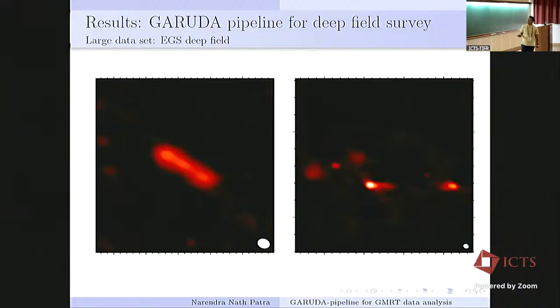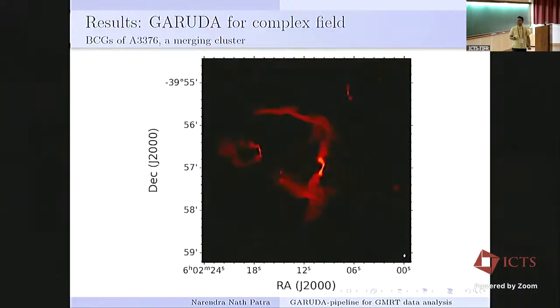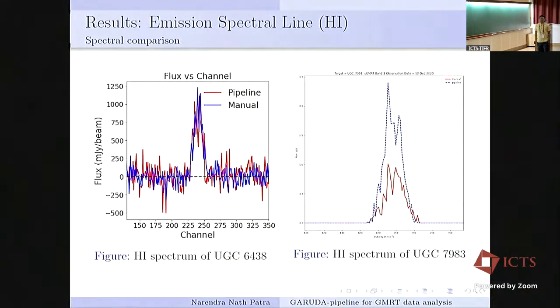I have also imaged one of Abhinav's fields. This is the Abell 3376 field, which is a bit complicated. This is a merging cluster. As you can see, there are 2 BCGs which both have diffuse emission arcs over here, and there is another BCG and another source over here. Garuda does the job pretty well, because if it were selectively flagging some short baselines, it would be difficult to recover these diffuse emissions. Okay, so that is the continuum observation that we have tested.